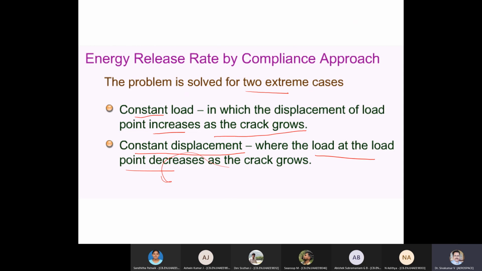What is this constant load and constant displacement? Because in the process, no, heavy load will come. Suddenly crack comes means the load will jerk, come down. Isn't it now? Then the next moment crack will advance again. It goes up, come down, goes up, come down. That is the process. That is where the energy increases, energy decreases. Energy increases, energy decreases. Likewise, but stiffness will keep on reducing.